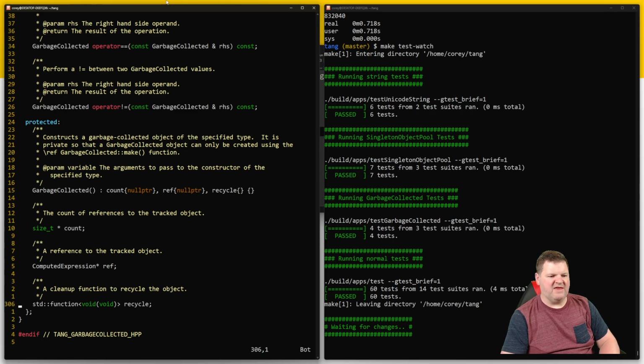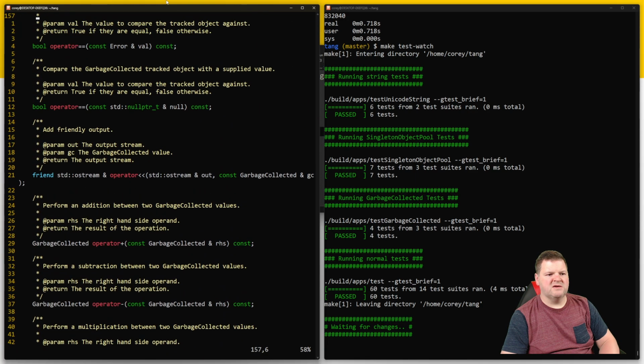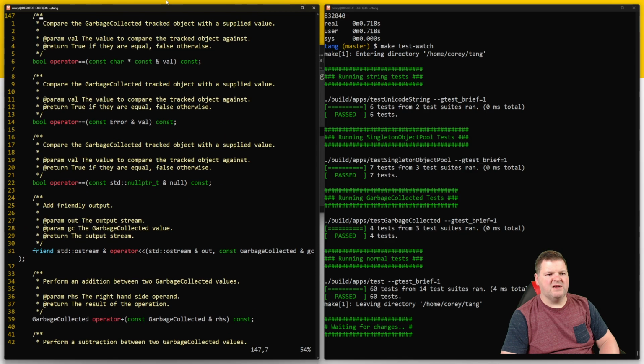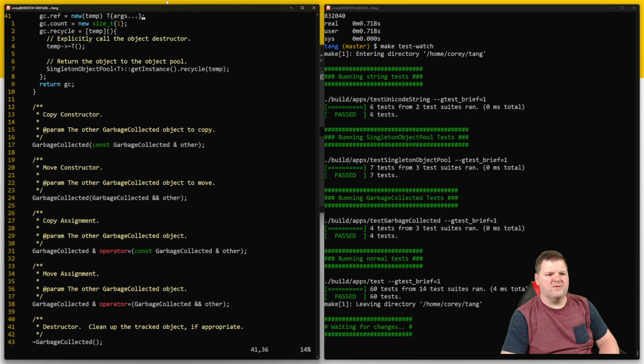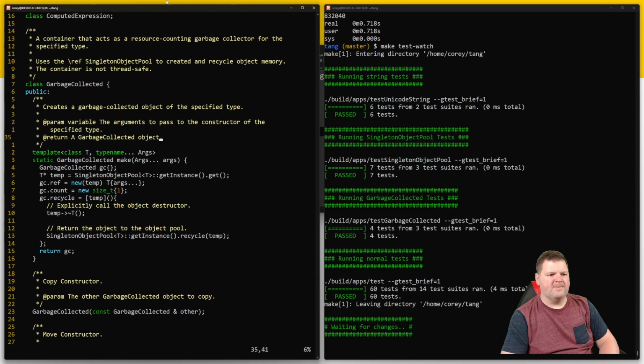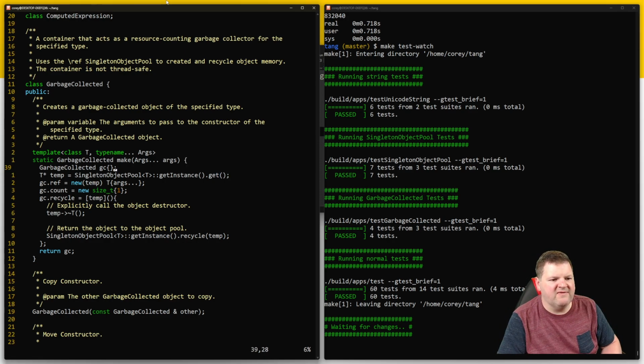What if we didn't have that? We've only got ref and count, and we no longer have recycle because I'm about to do something hideous. And that is, in the make garbage collected, forget that. What if instead